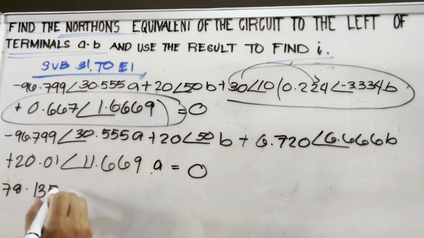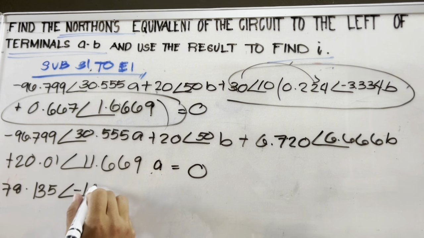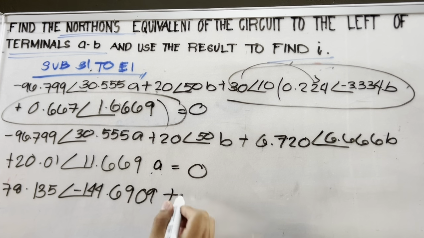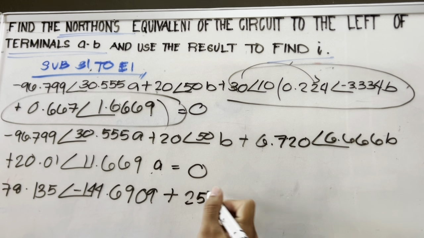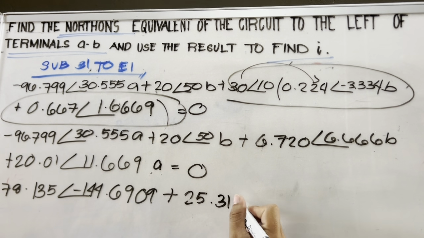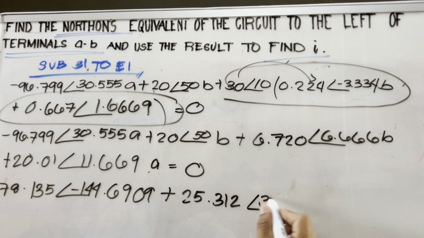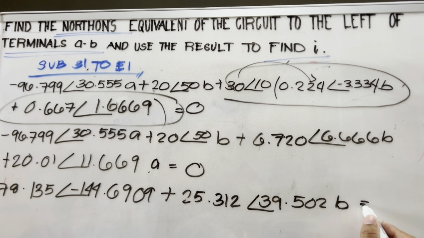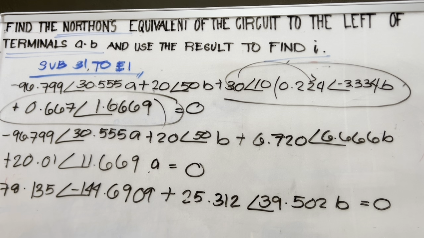78.135 angle of negative 144.69 25.09 plus 25.312 angle of 39.502 times B is equal to 0. Alright, we will now divide it, transfer this in it. We will now have